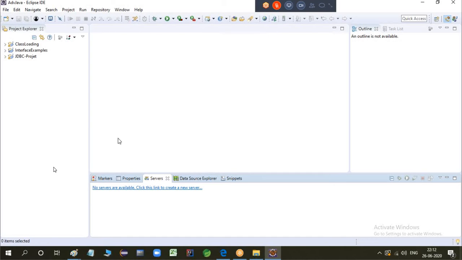And first, there are no servers available here in the Servers section. You can directly click there and add any server you have installed, whether it's Tomcat, JBoss, or anything else. Or you can go to Window, Preferences.